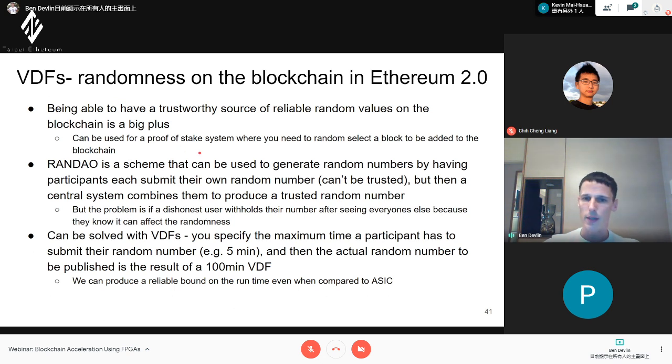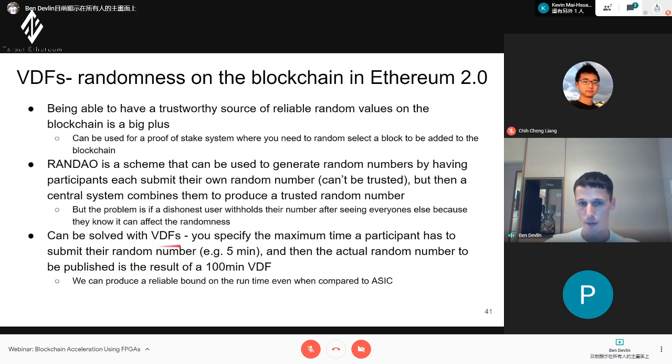But the problem is that if you have someone who can't be trusted, who's trying to manipulate the random value, they can wait and see the final result of everyone else's random number, and then decide to purposely withhold their number. This can have an impact on the random result.